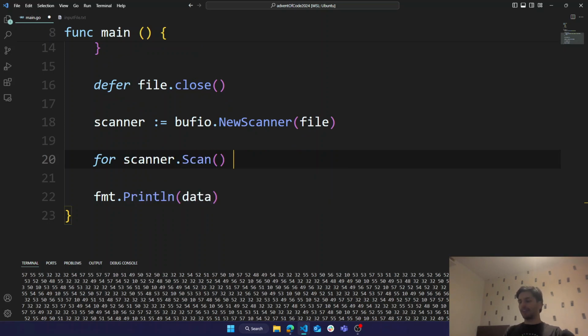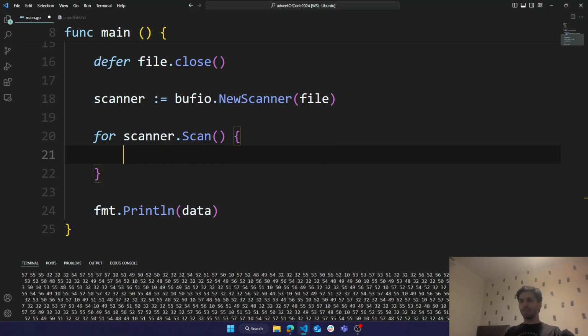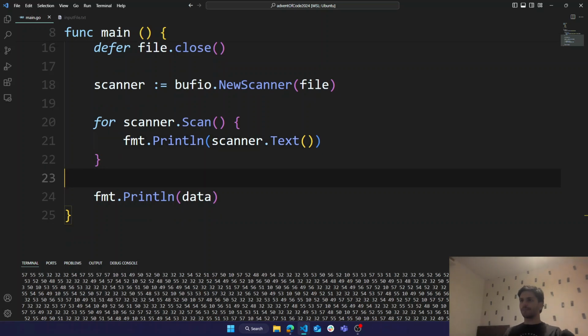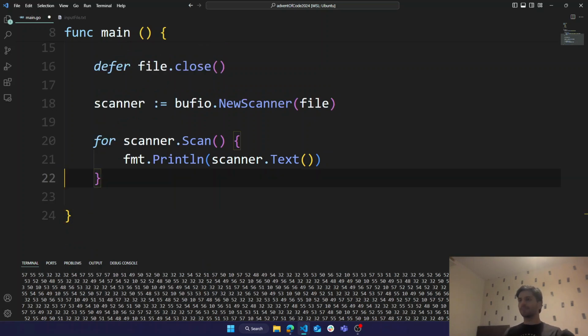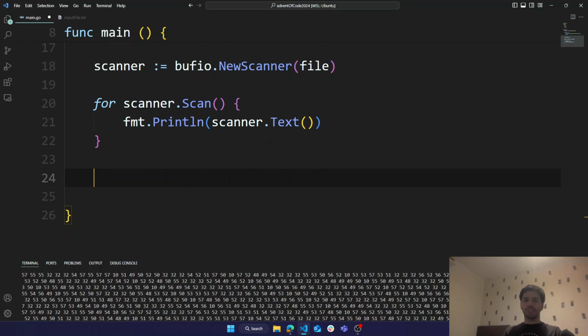So scanner.Scan. For now, I just want to check how it's doing, print line. And then we'll say scanner dot. I'm guessing it's converting it into text, or actually getting the text off that scanner. And then we will remove this line actually. We also need to check if we got an error. If we've got an error from the scanner dot error. Okay, I don't get this at all, but error is not equal to,